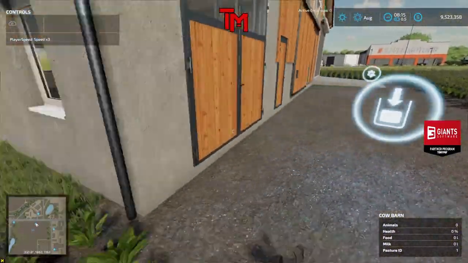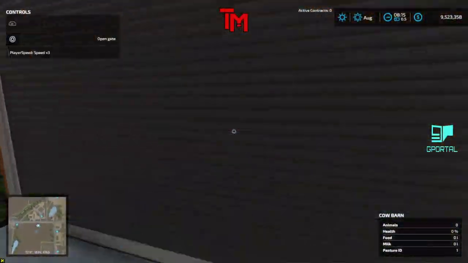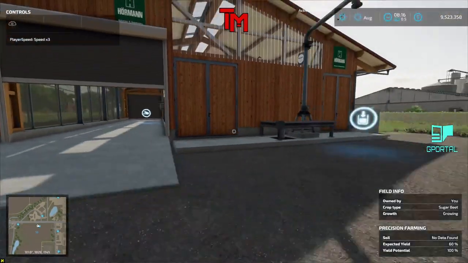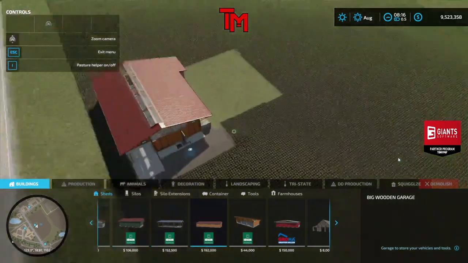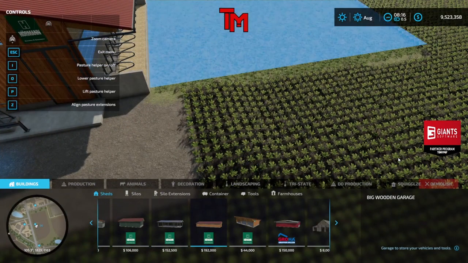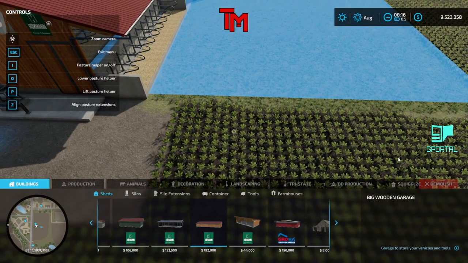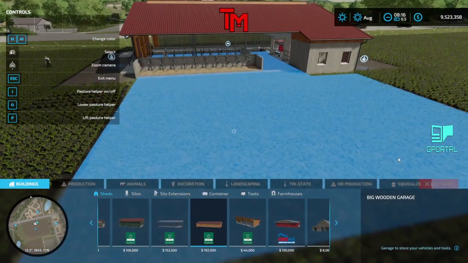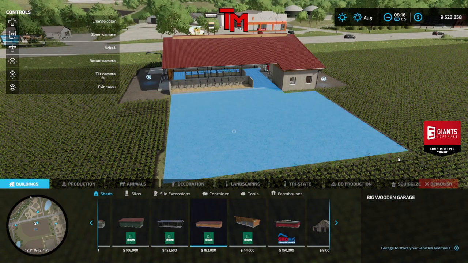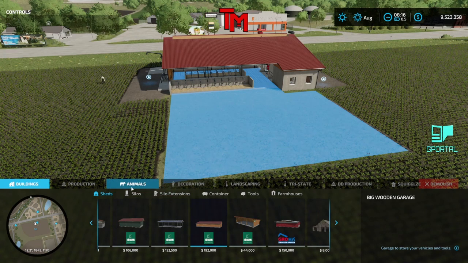I don't see where you can turn the blue part on and off. Oh, pasture helper. There we go. So if you need to make fences around your new pastures, that is pretty cool. I don't know if it's technically your nav mesh, but it gives you that. So once you have that, from what I understand,